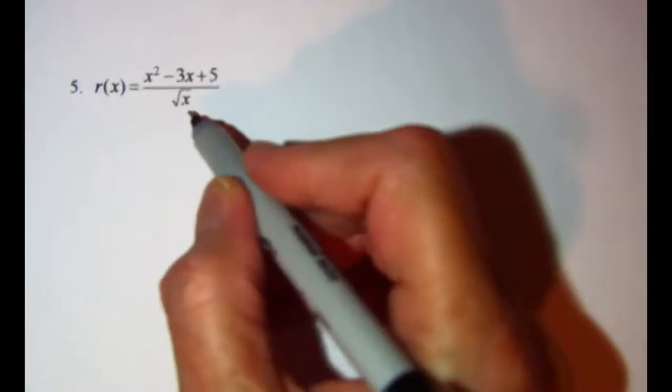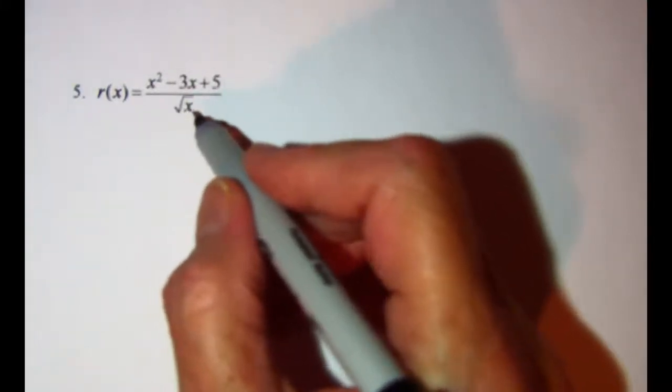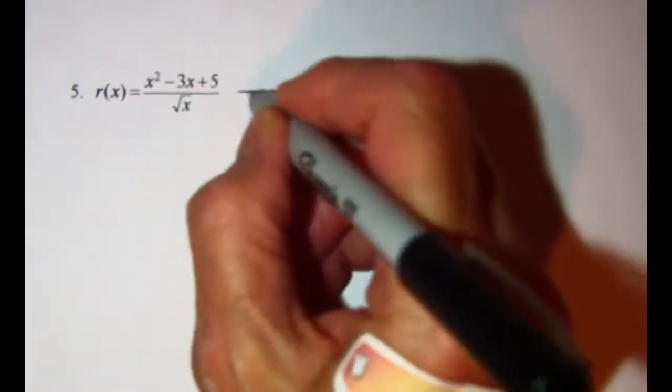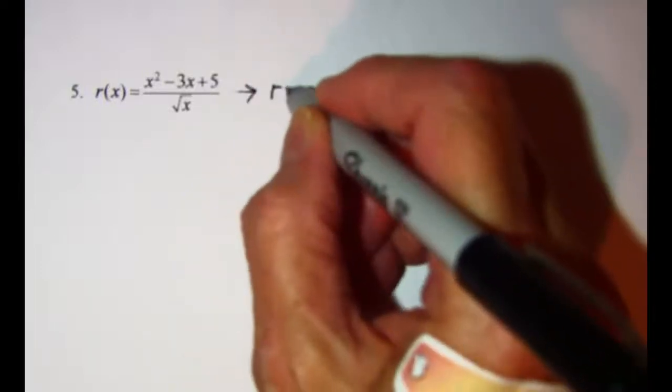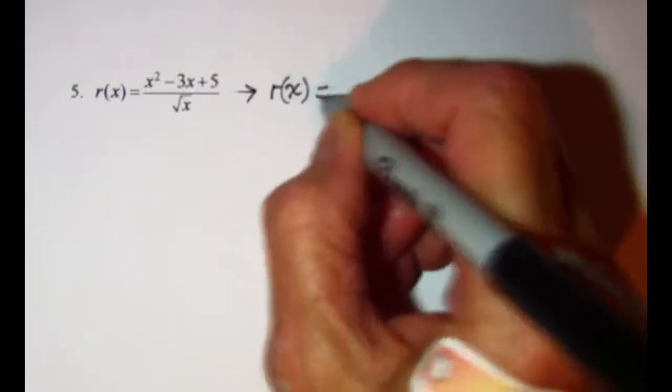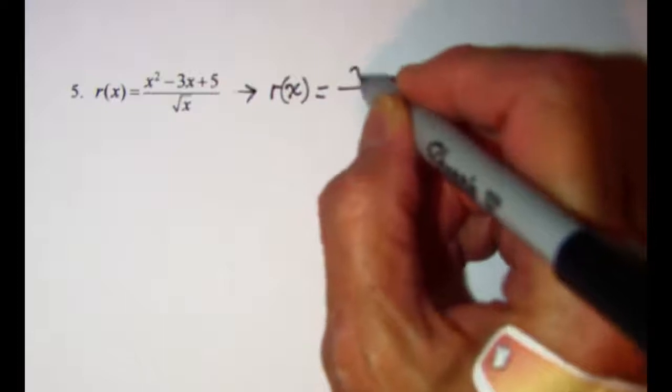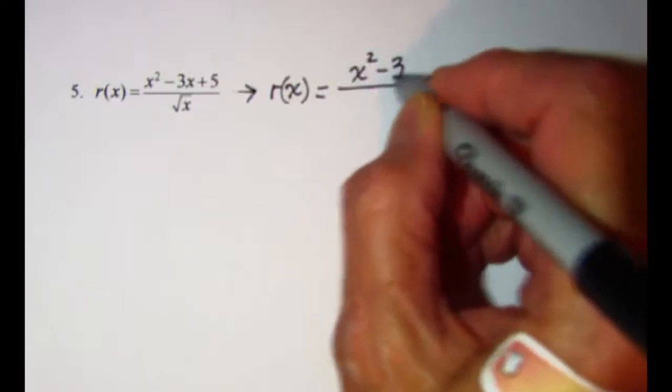My next example, I'm going to do some rewriting so that it's made ready for the power rule. First thing that I'm going to do is simplify this and write it with an exponent, this denominator. So I can see that r of x is equal to, let me just copy this, x squared minus 3x